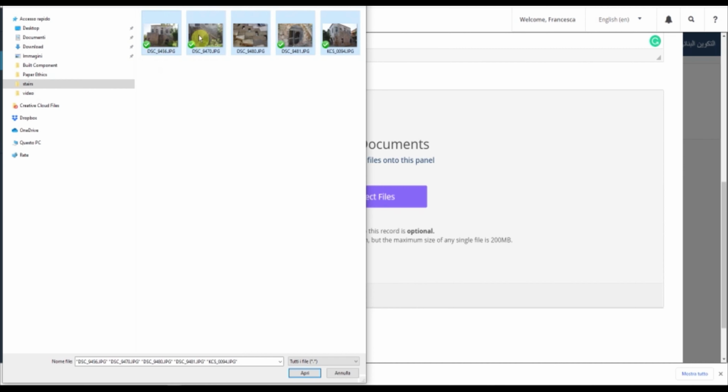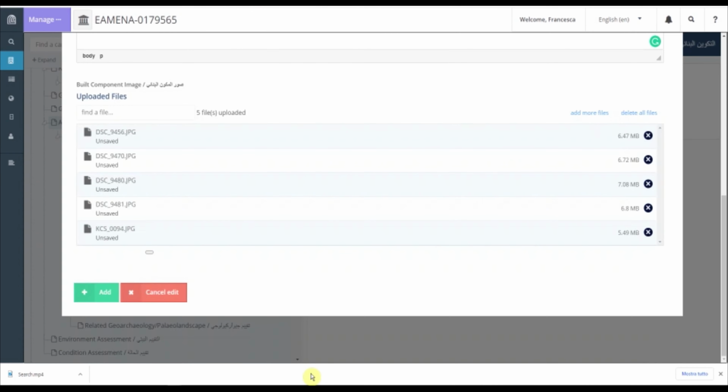In this case, I select all of them because they're all pictures of the stairs, and I click on Open. In this way, the images are now here. You can delete them clicking on the X button, or you can delete all the files in one shot. You can add more files.